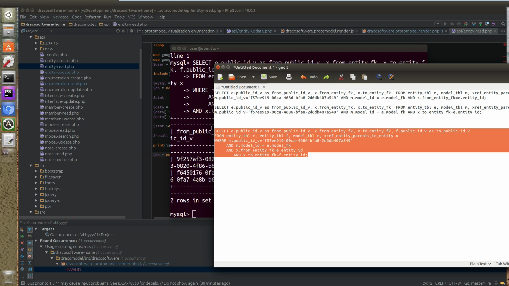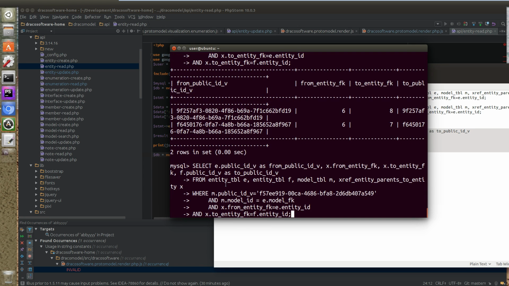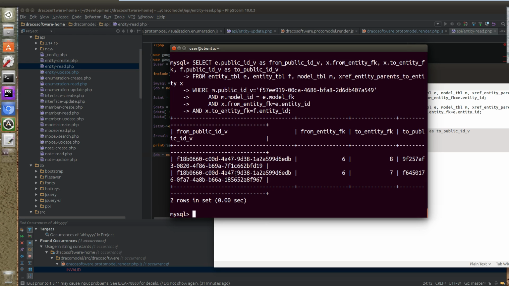I'm not as rusty with this stuff as I thought I was. See if it actually works. Here we go. Yes, so our from public ID is this thing that ends in DB, which is entity ID 6. I do remember that. And then entity foreign key 8 ends with D19, and then 7 ends with 967. I'm not going to take that